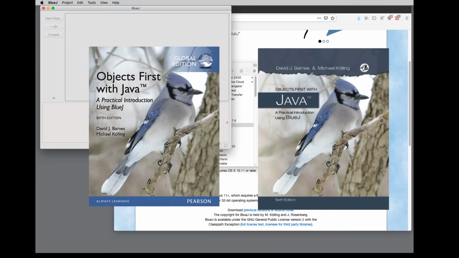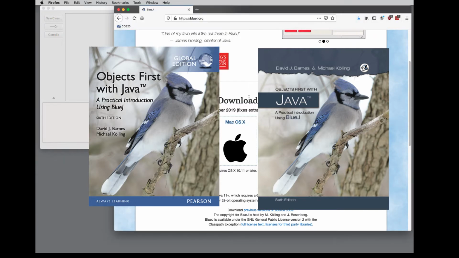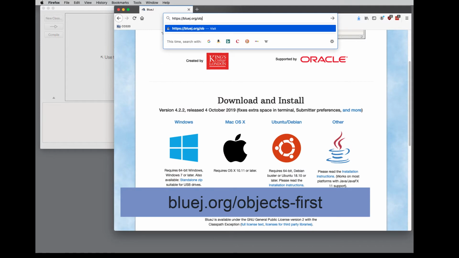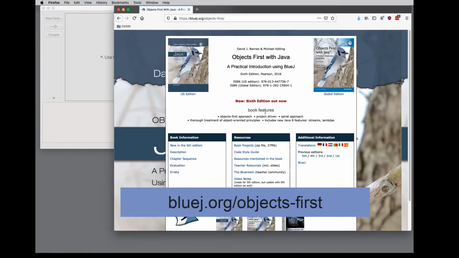Within the course, we're going to be closely following the textbook Objects First with Java, and this is considered to be essential reading for the course. So you will also need to download the associated program files that go with the book. You can find them here at the Objects First area on bluej.org. Download the projects files,